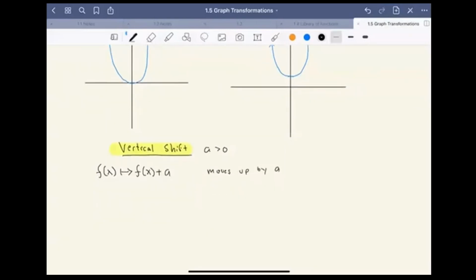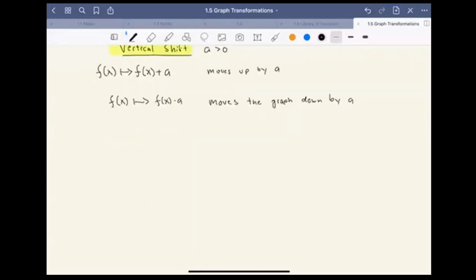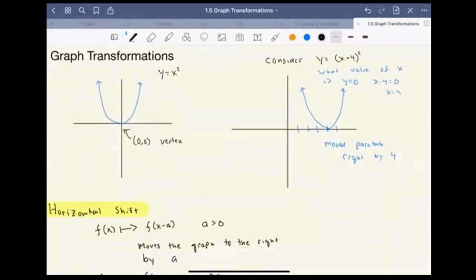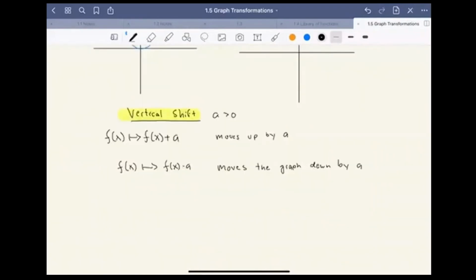All right. If we take f of x to f of x minus a, that's going to move my graph down by a. All right. So that's on its own, it's not really super interesting, but we can combine it with the horizontal shift that